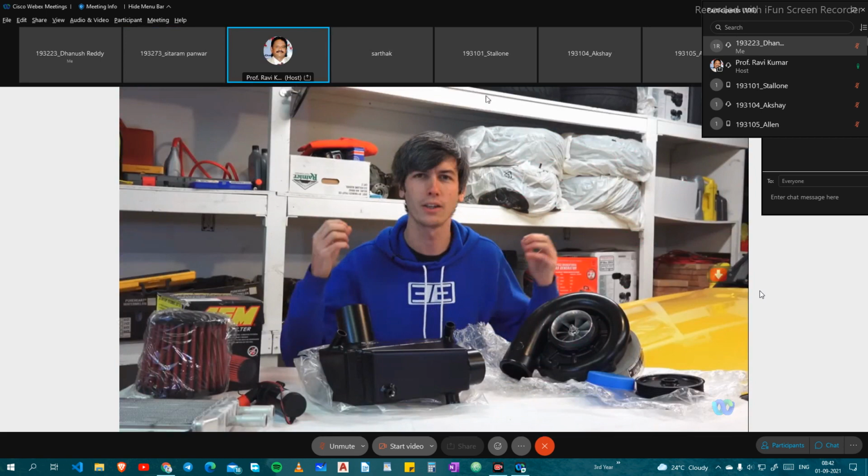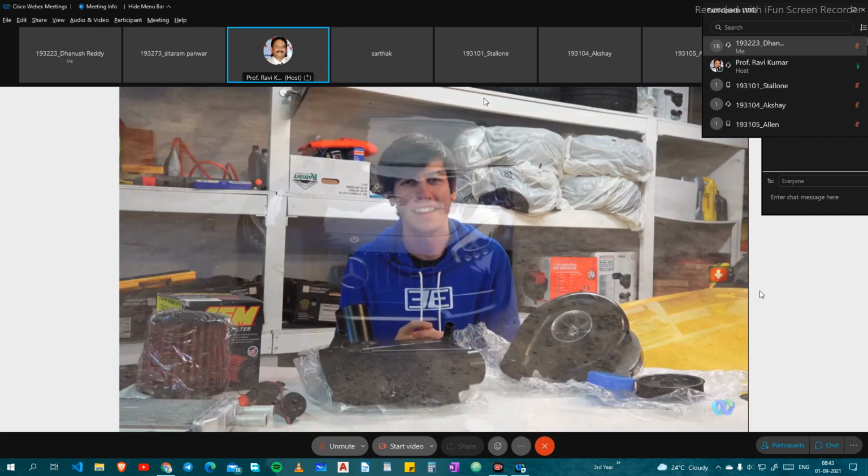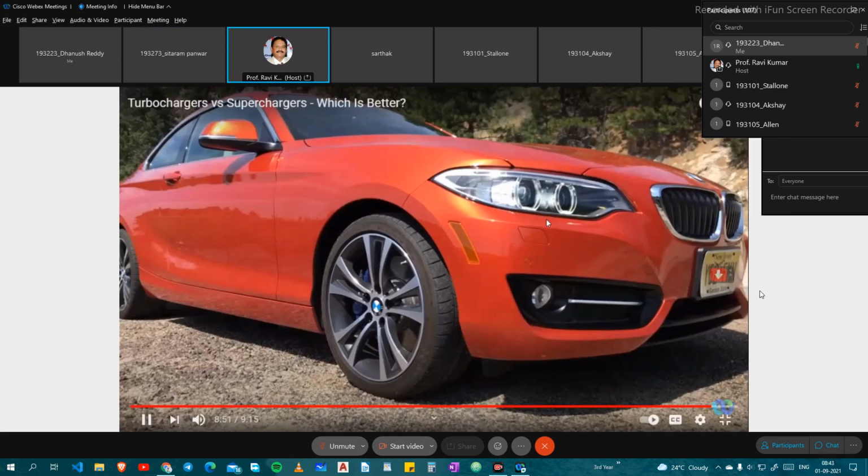That said, there are many great turbocharged cars out there that do a good job of backing the throttle very consistently, making it seem like there's not a huge amount of lag, that there's not a huge torque discrepancy depending on where you're putting your foot on that pedal. So I like the way that some cars out there have done it. Just overall, from a feel perspective, I feel like superchargers are more fun to drive.